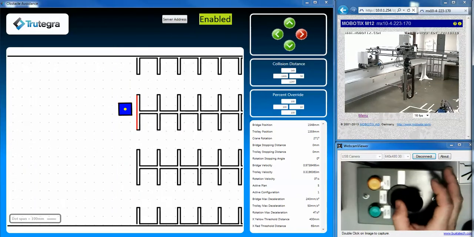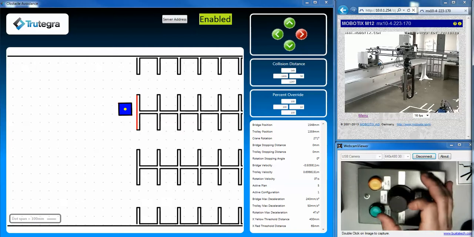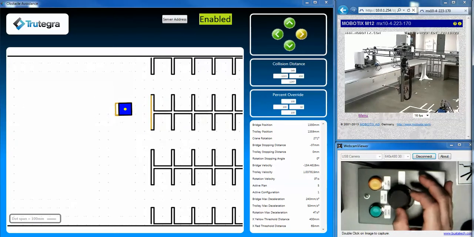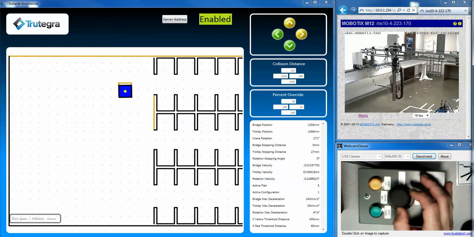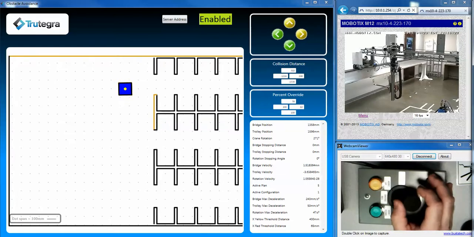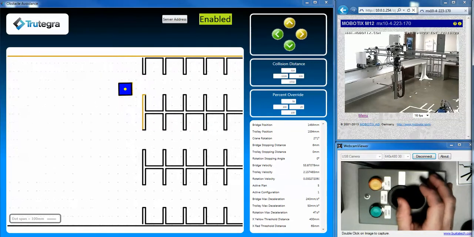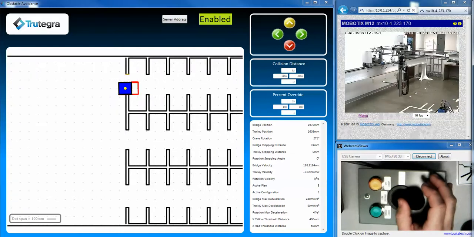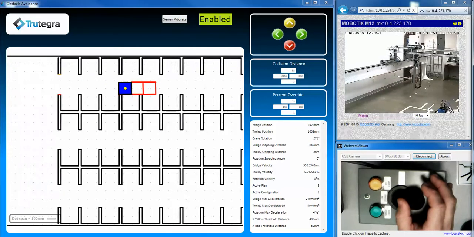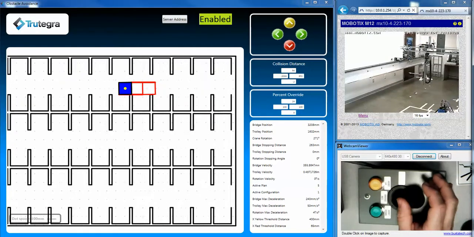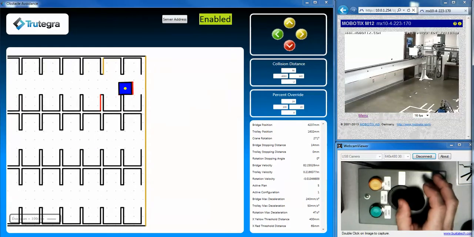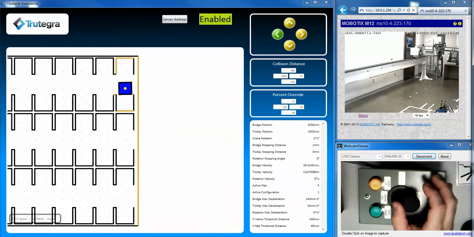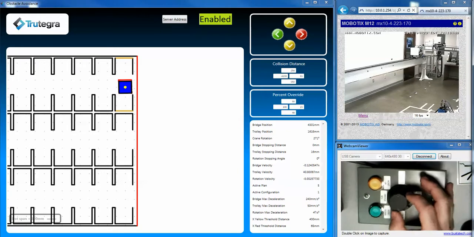So you can see that once again the system has prevented me from driving into the racking system. It can also help me to hit this aisle if I want to go north up to get lined up with the aisle. If I'm basically not in line with it, it won't let me go into the aisle, and if I am in line, it'll allow me to go full speed to the east. Now at the end of the aisle it'll stop me before I hit the end of the aisle, and if I wanted to go and insert into a rack, then